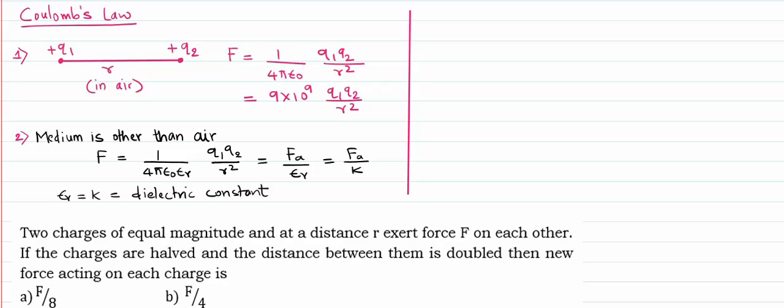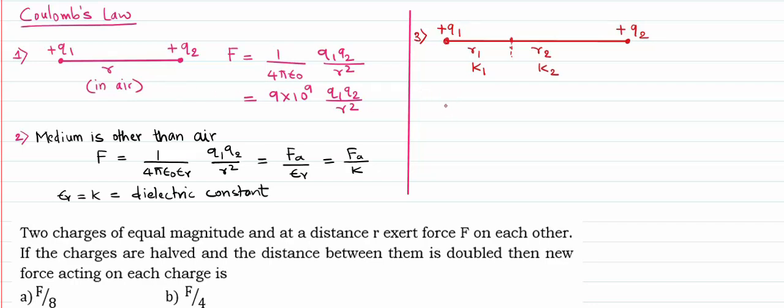Now third, if there is a combination of media between two charges. Now two charges are there, and in between there are multiple media, not a single one. I take this charge as plus q1 and the other charge as plus q2. Up till here the distance is r1 and there is a medium of dielectric constant k1. From here up to charge q2, the distance is r2 and there is a dielectric medium of dielectric constant k2. Then the force between those two charges